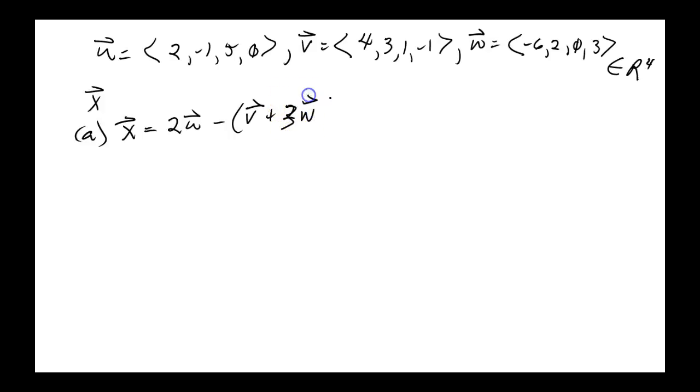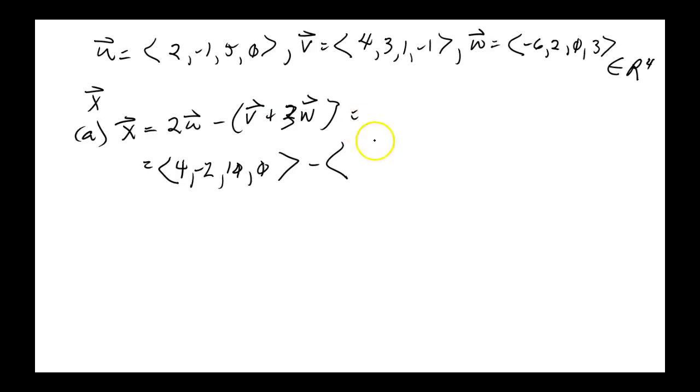That first one's a U. The last one's a W. Sometimes they look sort of similar, but they're not. Now, do you want to try to do this all in one fell swoop? Well, 2U would be 4, -2, 10, 0. Okay. V plus 3W, let's just do that. 3W is